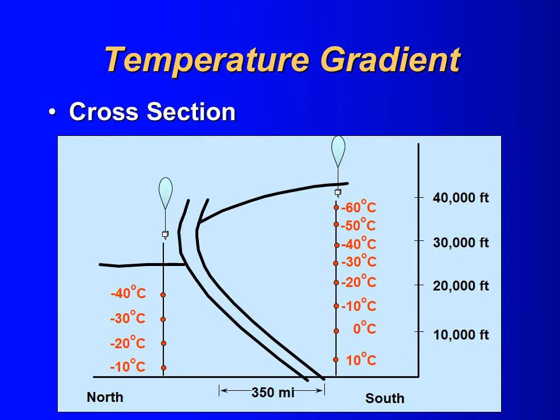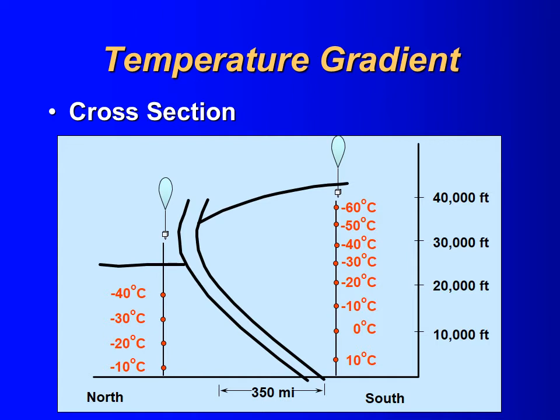If we send up a radiosonde through the cold air and also the warm air, we'll get, of course, a trace of temperatures. And that's what this represents. This is a cross-section across the front with colder air to the north and warmer air to the south. Notice that the front is sloping towards, of course, the warmer air, with the front sloping back over the cold